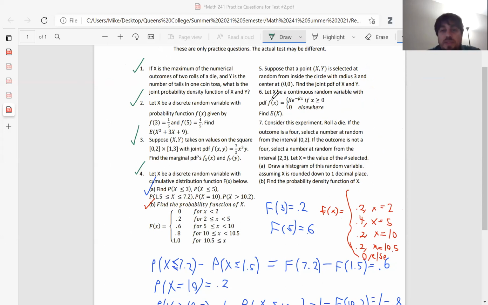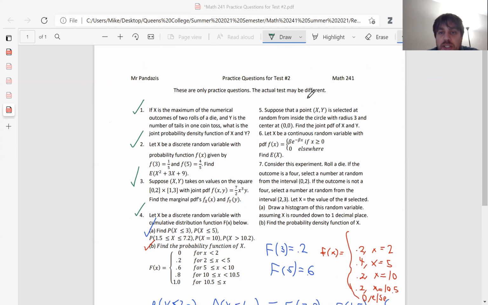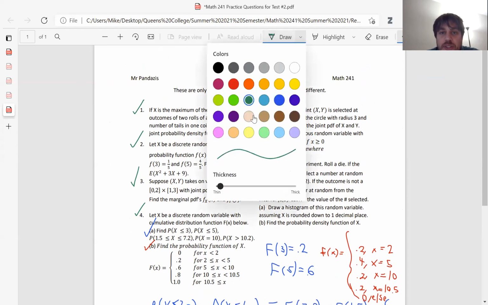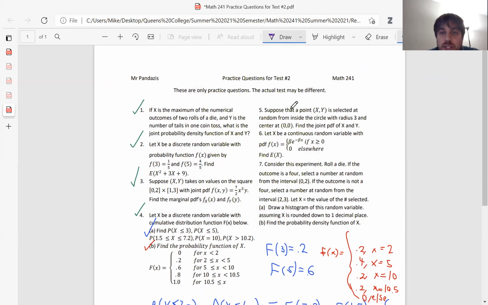Let x be a continuous random variable with that PDF. Find capital E of x. Okay, so capital E of x is just the integral. Let's use another color. Let's use purple. So here, capital E of x is the integral of x f of x,